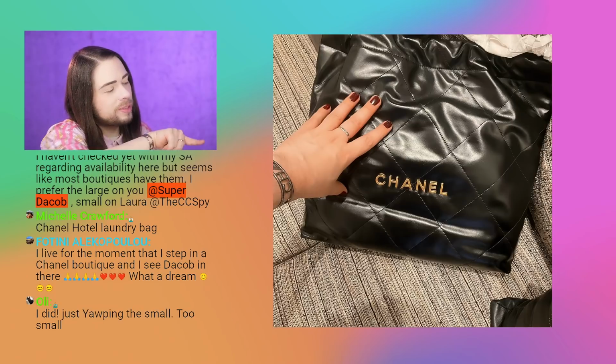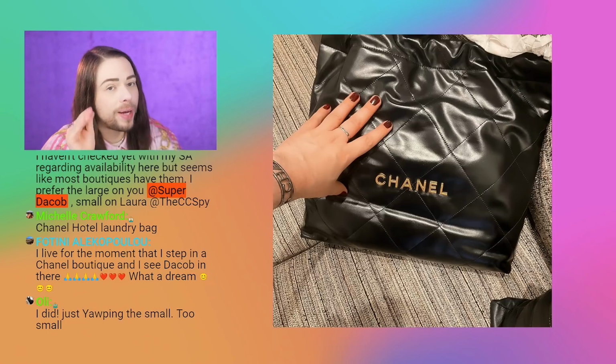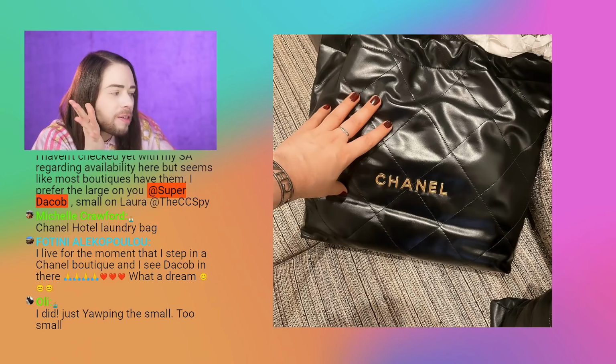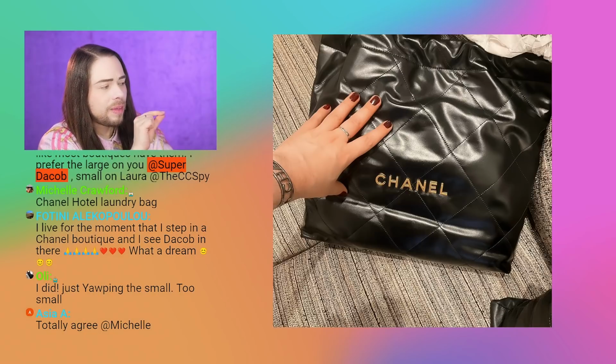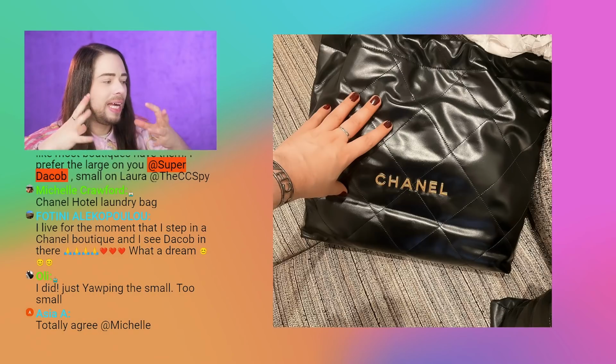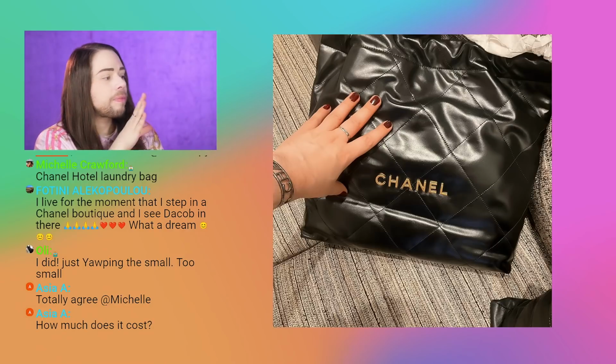Now, you see that fold at the bottom of the bag? That's because it was kind of stored that way. That fold is not a wrinkle. You might say, oh my God, it's a flaw. No. This is interesting. I left it that way in the photo just to show you how the material is so weird, you guys. Okay, so this is a leather that,